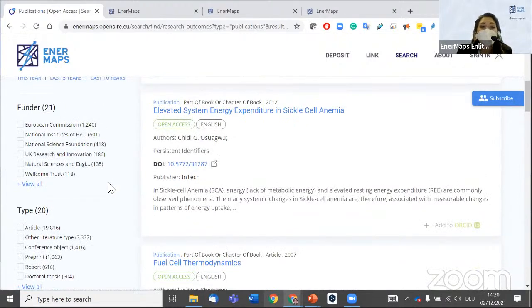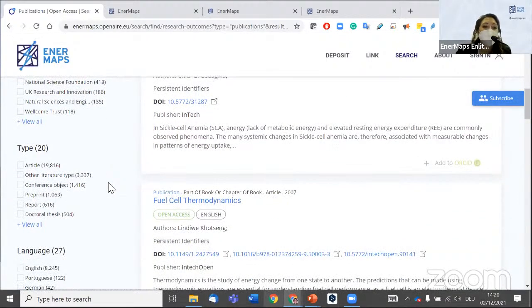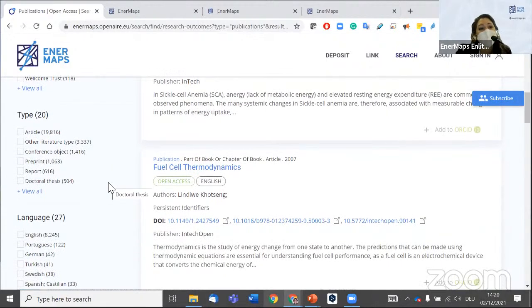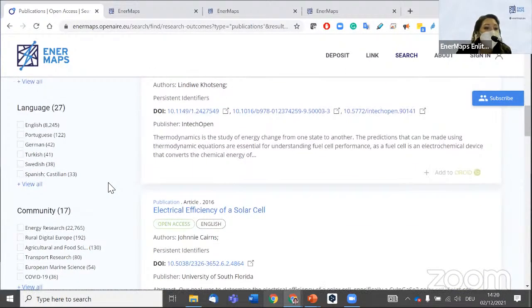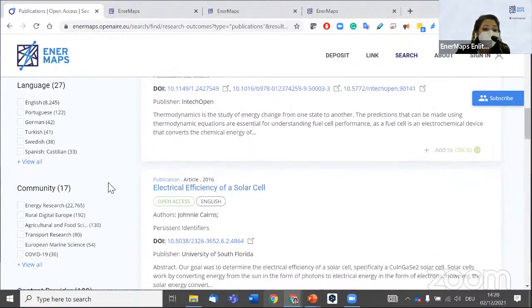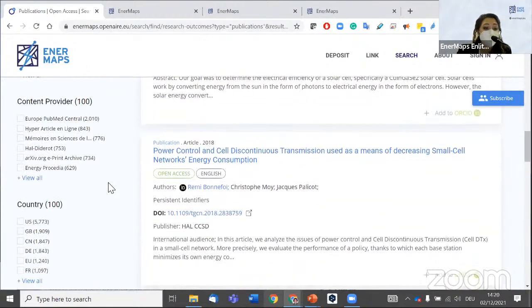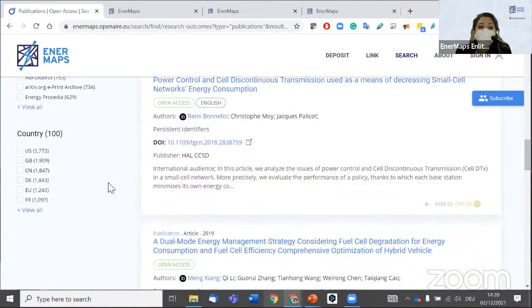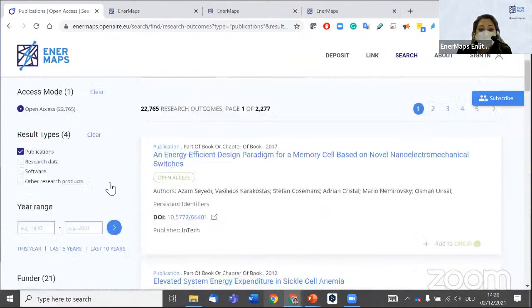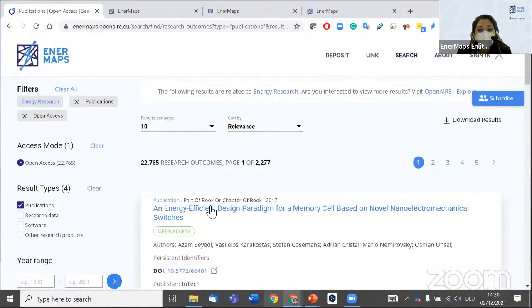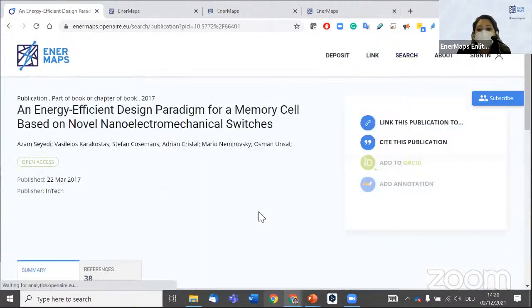There is a filter by funder, a filter by type of publication, so if it is an article, a preprint, a report, the language, of course, if it is connected to a specific community, there's a filter by content provider and by country. And of course you can choose how many results to show per page and how to sort them.